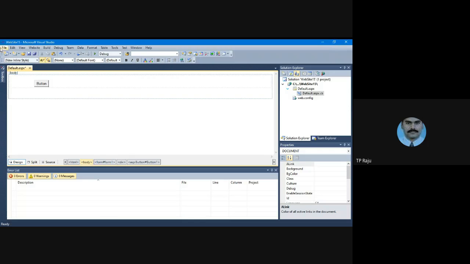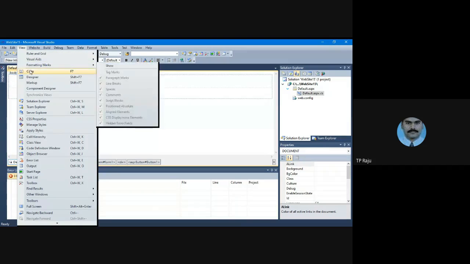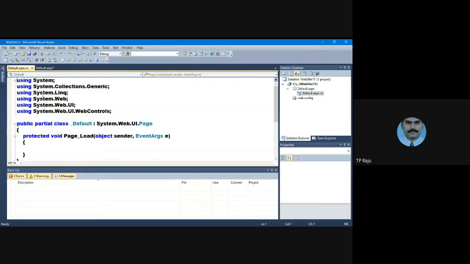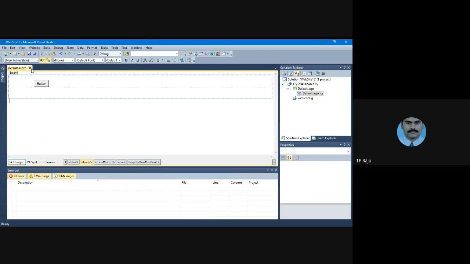In the View menu, we are able to see Code and Designer. Designer means design window. If you click Code, it shows you the C# file. It is also one way to get the code behind file. Whatever business logic is there, that logic you develop in this code behind file.